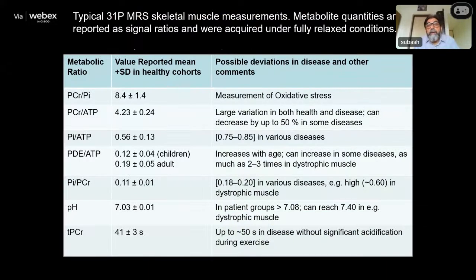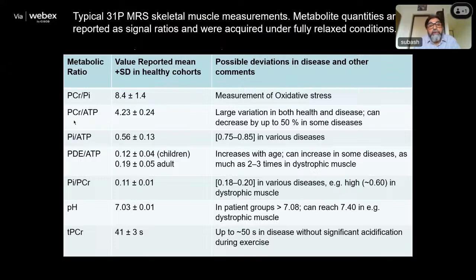So most of the work is in muscle, and you can see here all the peaks are measured. You can measure absolute concentrations, but for that you have to acquire spectra for a very long time, because you have to wait for all the relaxation processes to be complete. So what we do is measure the ratios with respect to other metabolites, to take into account that some people have a lot of muscle mass and some have less. Always, to neutralize those effects, we use the ratios, and we see here PCr/Pi, which tells you about